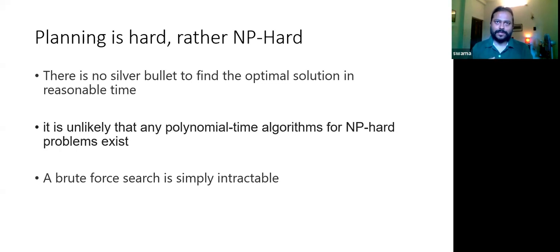Now, then comes NP hard. NP hard is the hardest of all problems. In simple terms, it is unlikely that any polynomial time algorithm exists for NP hard problems. And if we find a fast-running algorithm which solves an NP hard problem, we could solve any problem in the NP class. There are a lot of different difficult problems in the NP class, like gene editing problems and the cancer problem. If you find a solution for any one of them, you'll be able to solve all the problems in the NP class.